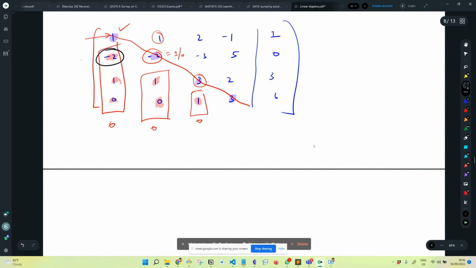So now I want to make this minus 2 into 0. Can somebody suggest an operation? Remember that you can only use three operations. One is linear combination, other is permutation, third one is scalar multiplication. Anyone? Yeah,